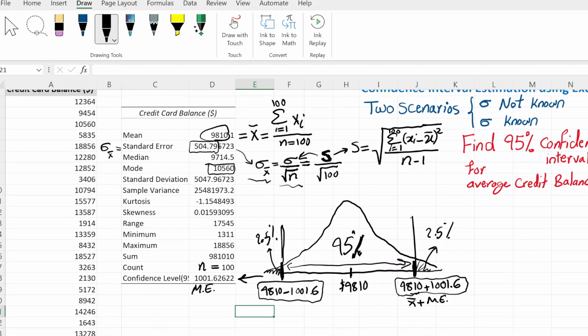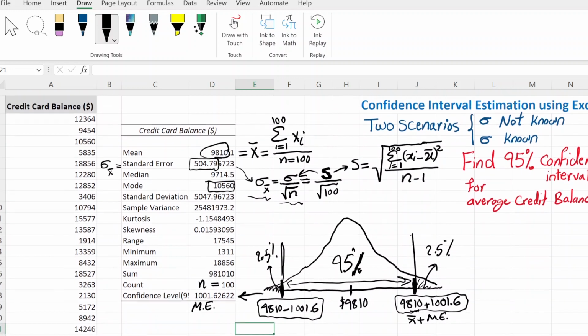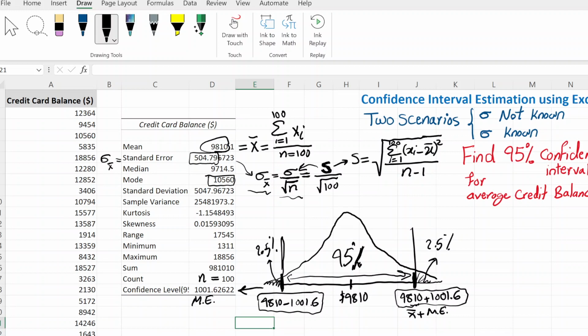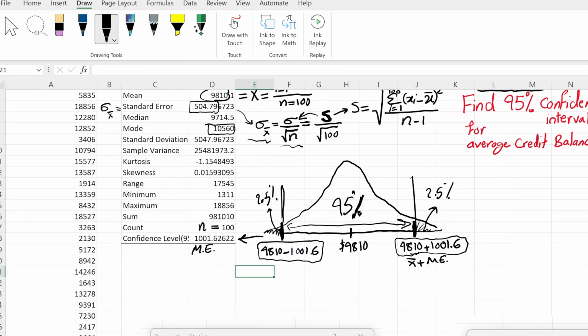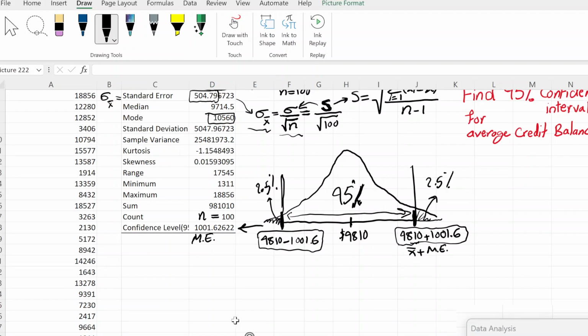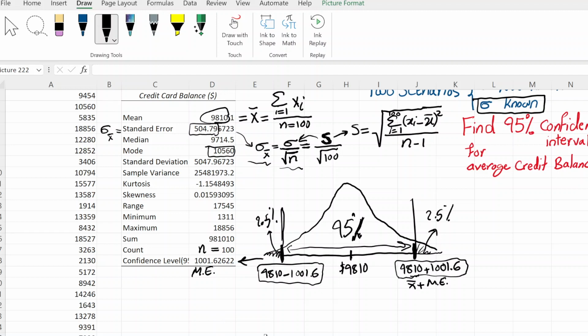Okay, so this was for the case of not knowing the sigma. But let's just, as an illustration, as an example, show what's going to happen when the sigma is known, the second scenario. I'm going to use a trick, and in that sense, I'm going to make the assumption that we know the sigma, but how? Well, using this formula here,